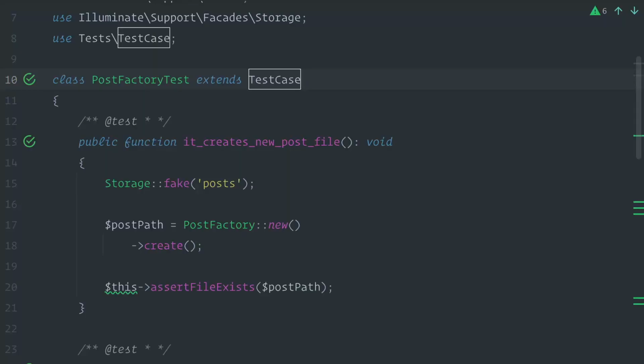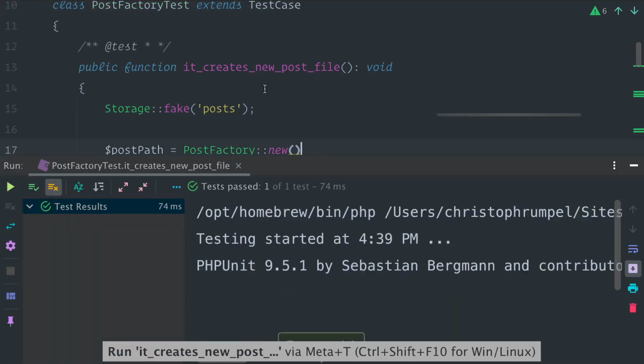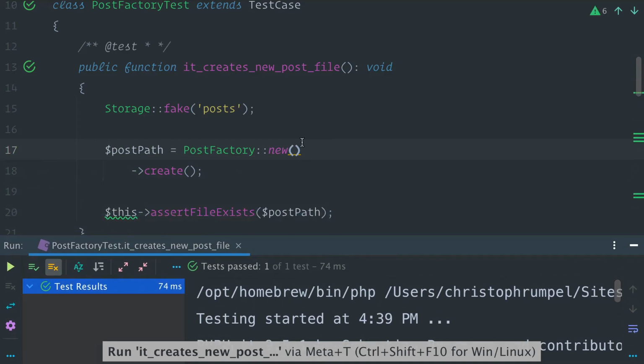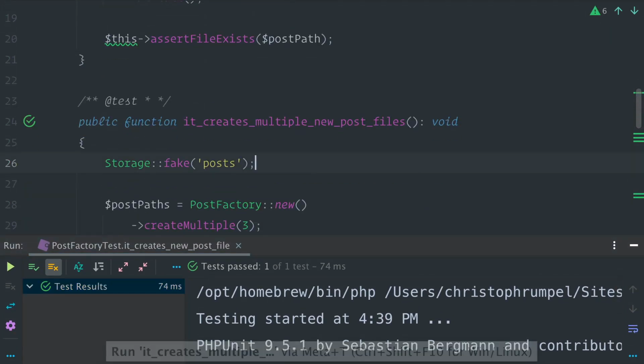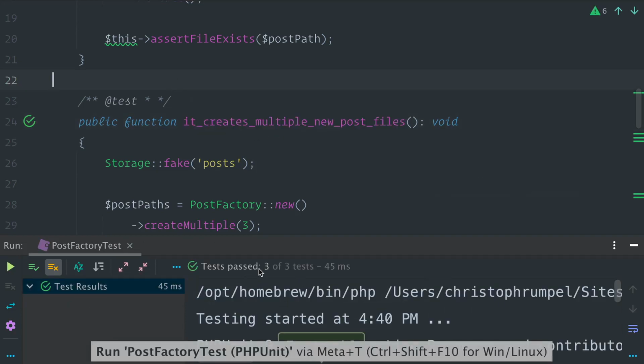The almighty run context configuration shortcut in PHPStorm is a live feature and is what I'm using all the time. So I'm inside a test class here, and I'm now inside this method. I run the shortcut, and now this test method is being run. If I go down here, run the shortcut again, now this method is being run. If I place my cursor in between, all of those test methods are being run,